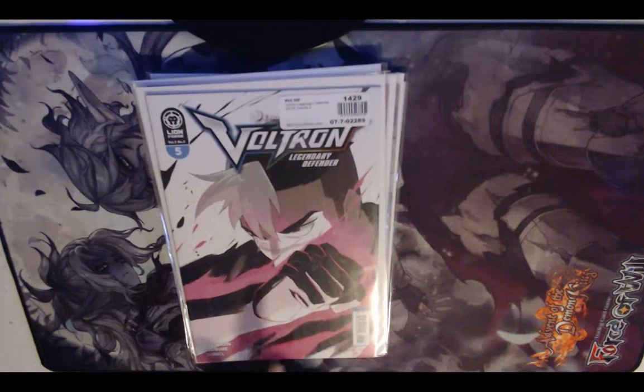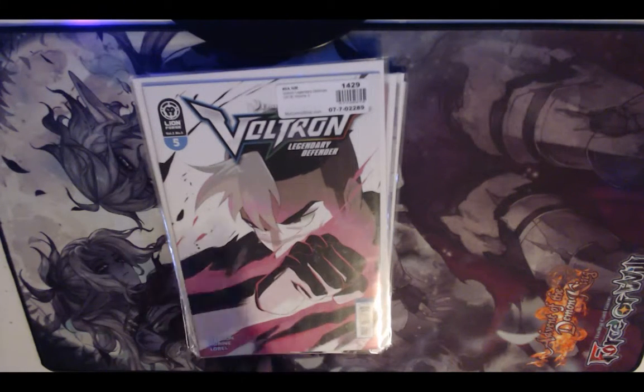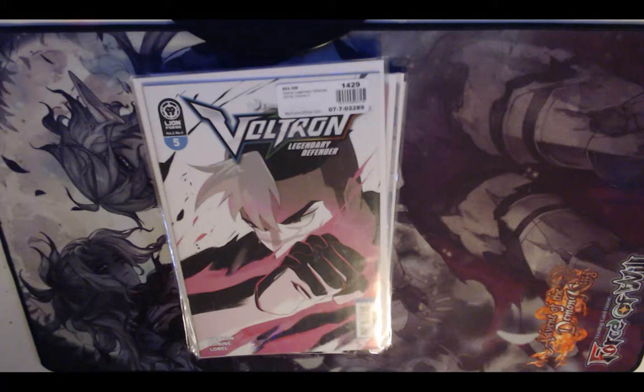I love this cover. This cover is gorgeous. Just the colors and everything. I'm so sad Voltron never got a final season. It was so good, and then it hit that last season, and nothing came out. It was done. There was just nothing, and you can't tell me otherwise,